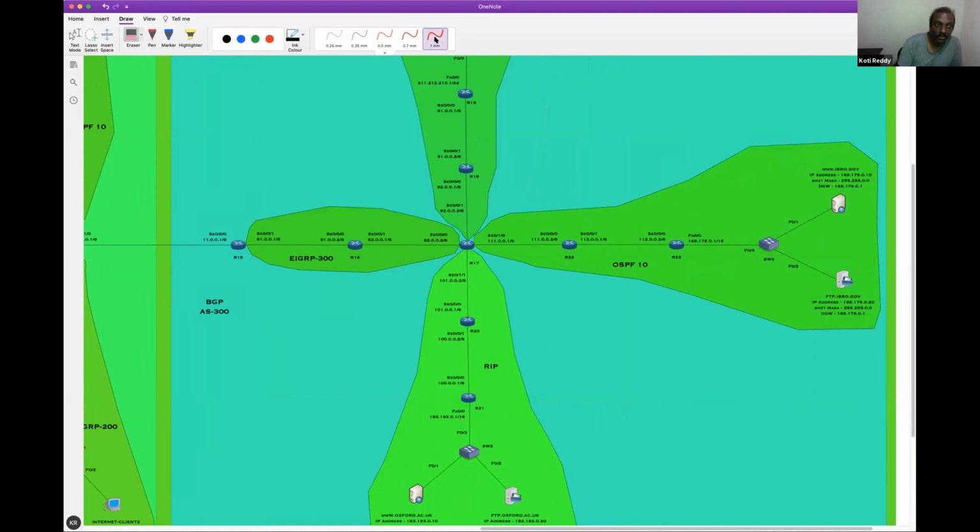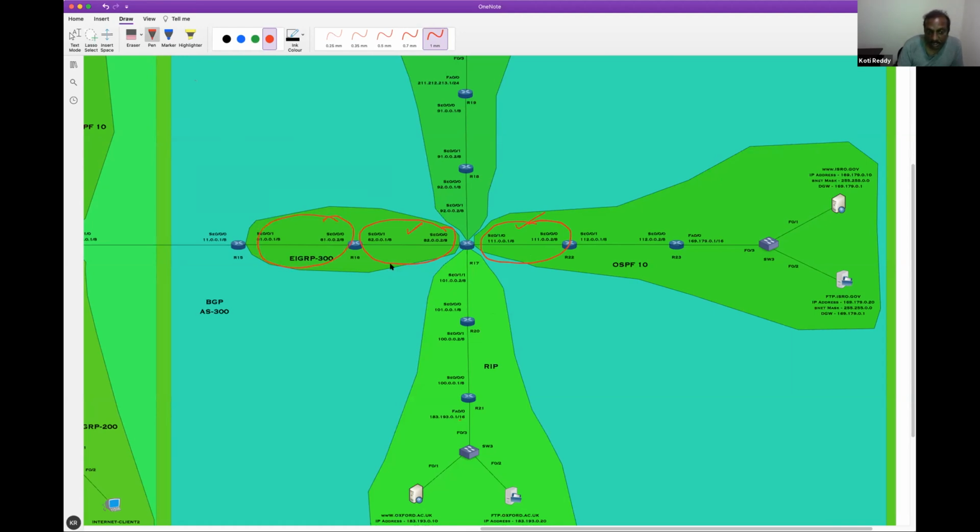First of all, I would like to do redistribution of routes from EIGRP into RIP protocol, and also OSPF into RIP protocol, and now static routes into RIP protocol. Now see carefully, even though this is a connected network ID, this also is a connected network ID. When I say show ip route on R17, 82 and 81 will be shown as what? Connected network IDs. They are not shown because of EIGRP. This is the only EIGRP route.